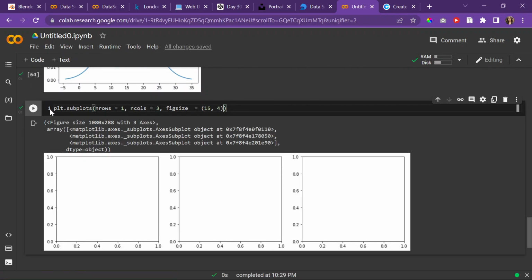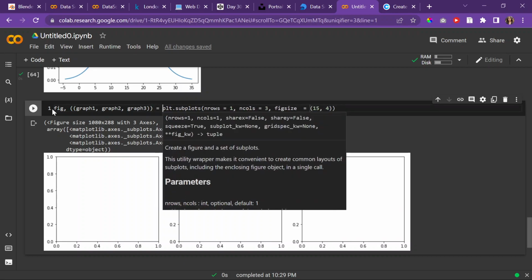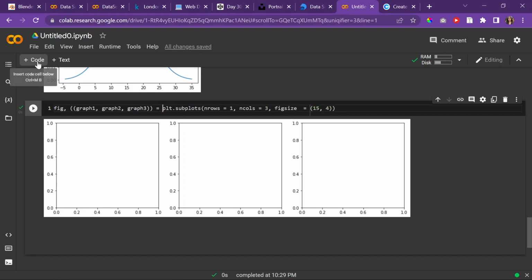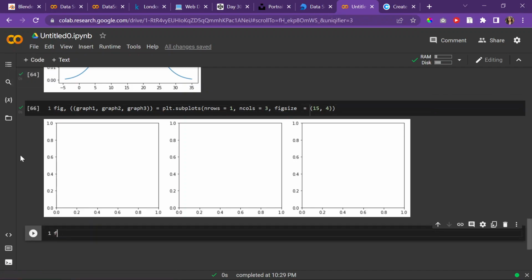That's gonna give me figure and axes, so I'll do fig, and then I'll do graph1, graph2, graph3, set that equal to whatever it returns, and then I'll set the fig dot patch